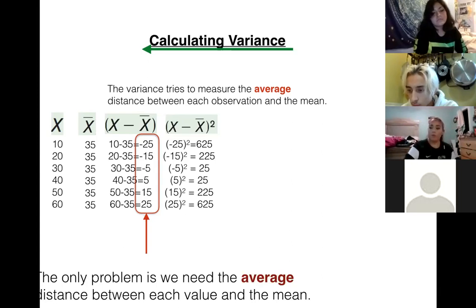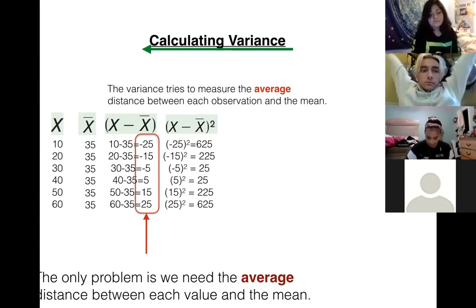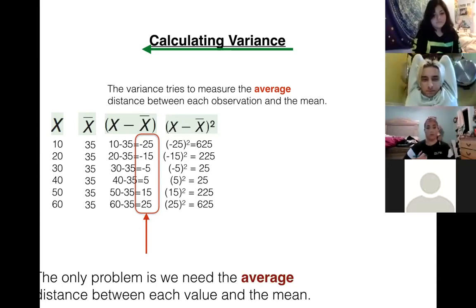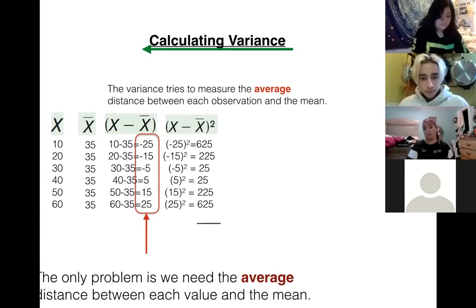All right, how we doing? Everybody got it? Okay, swell. So we got all these numbers, the 625, the 225, 25, all the way down and through. Now, what we need to do is add up all these so we can get an average on it. So I'm going to add these up, and it comes out to be